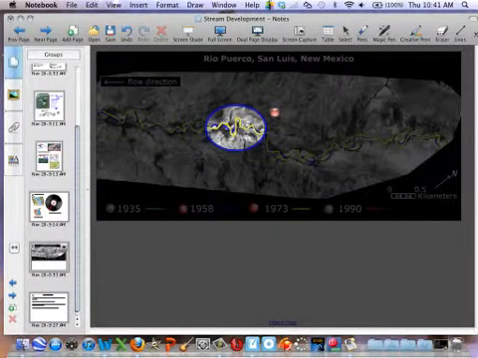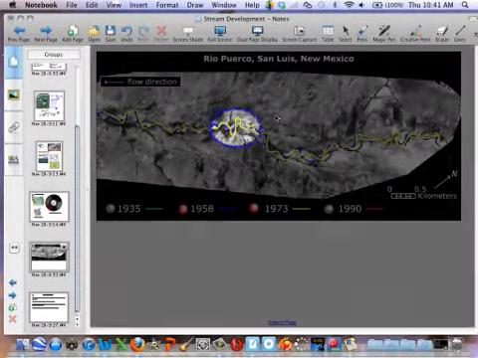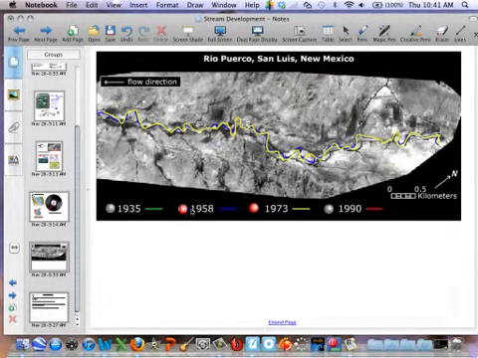Yeah, that meander is really starting to get stretched out. Okay, so what do you think is going to happen in the near future? Yeah, I can see it's definitely cutting both of those off. So let's find out. So from 1973 to 1990,